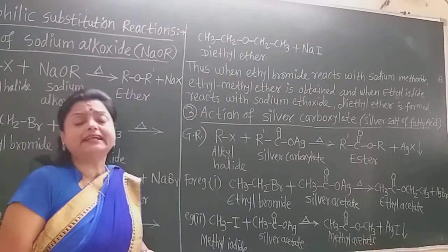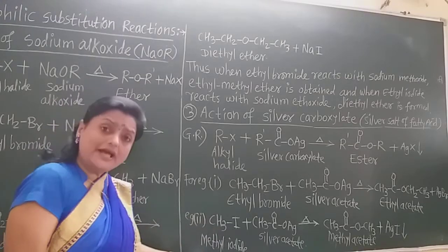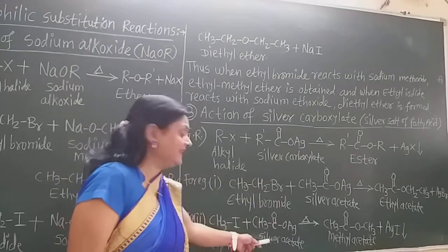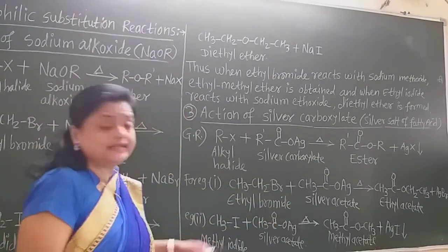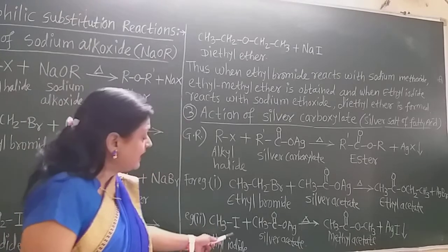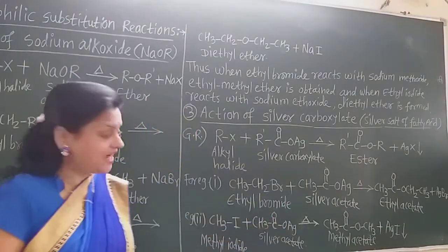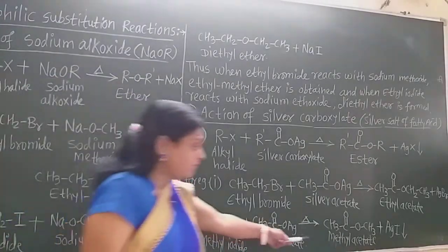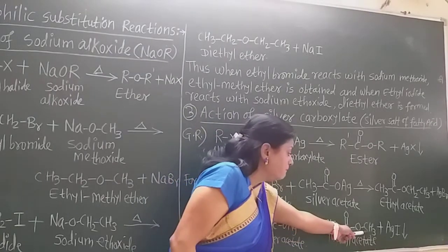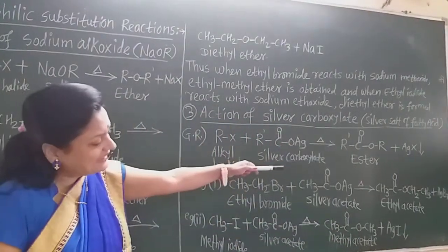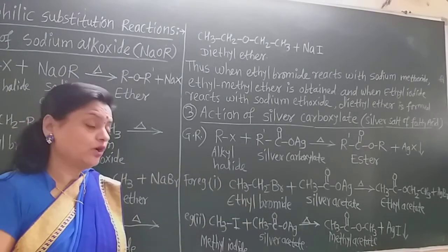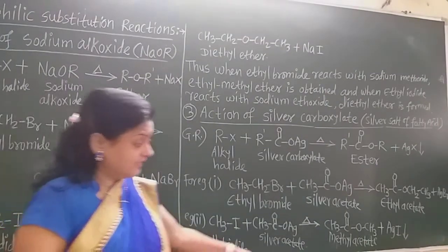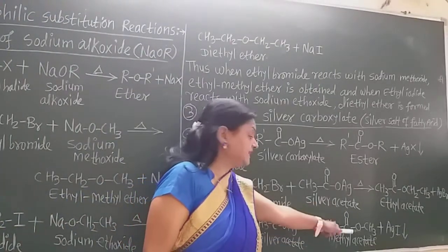Now again we can take another example. This is methyl iodide. When methyl iodide reacts with silver acetate, the same salt, here only the alkyl halide I change. This iodine and silver form AgI, and there is CH3 C double bond O CH3. The name of this ester is given from the back side, methyl acetate, as with ethyl acetate. This is methyl acetate. The name of the ester has the ATE suffix at the ending. So it is the ester, and the name of this ester is methyl acetate.